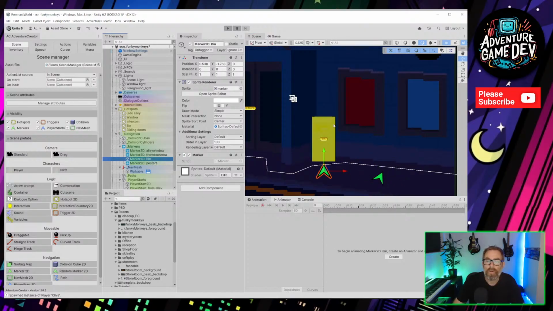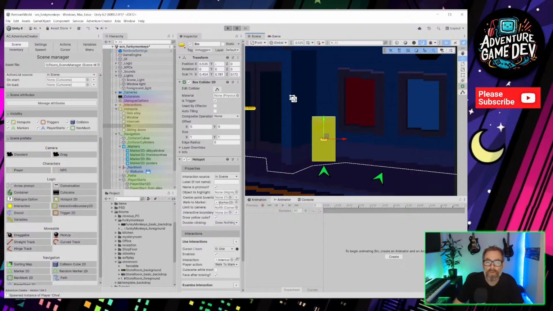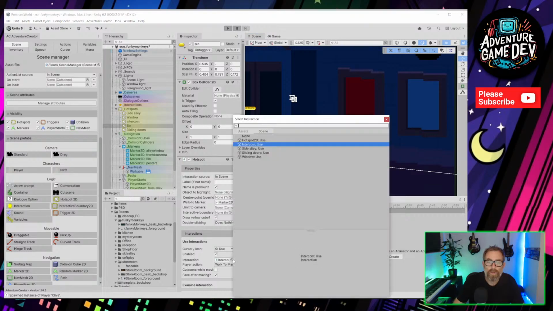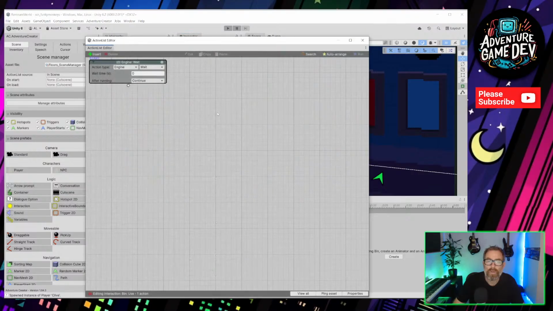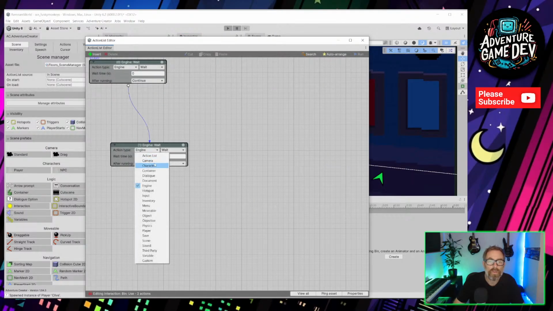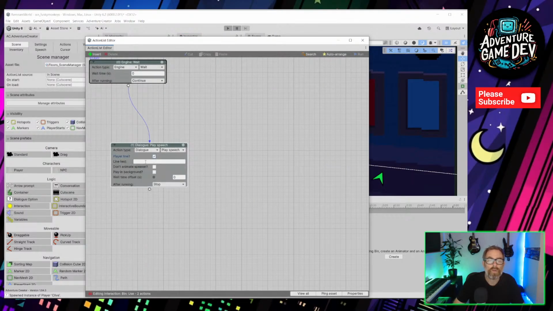So the bin hotspot. We want to make a new thing there for using the bin. Log. It's recently been emptied.